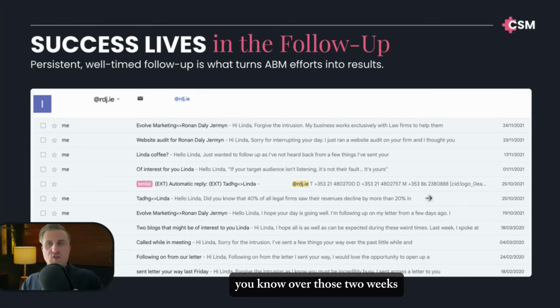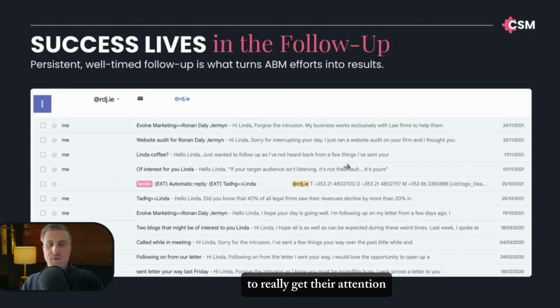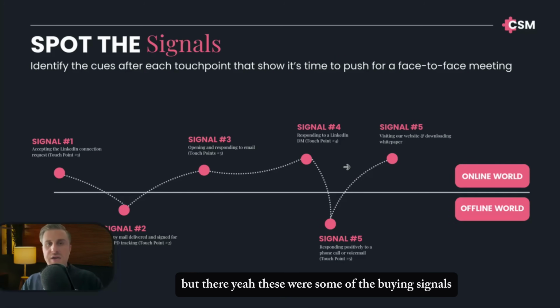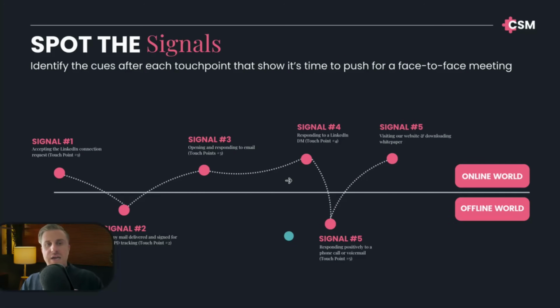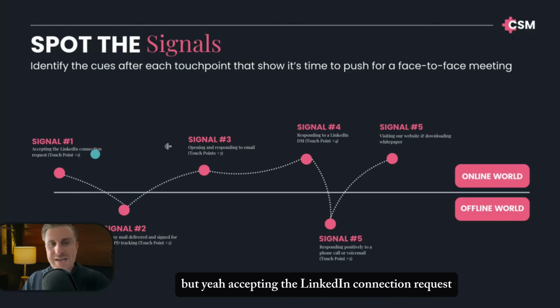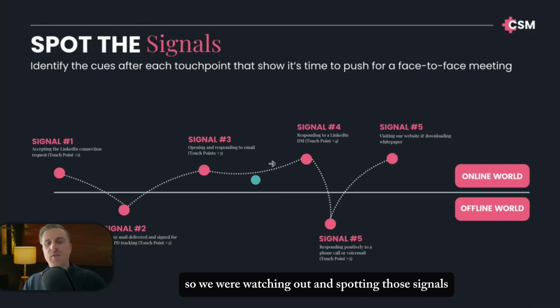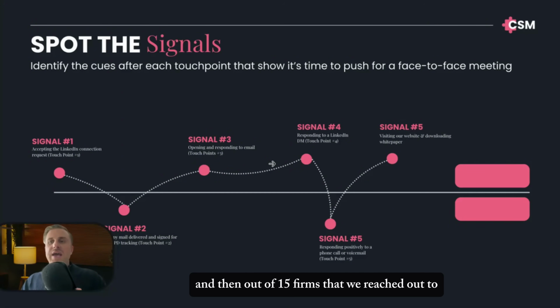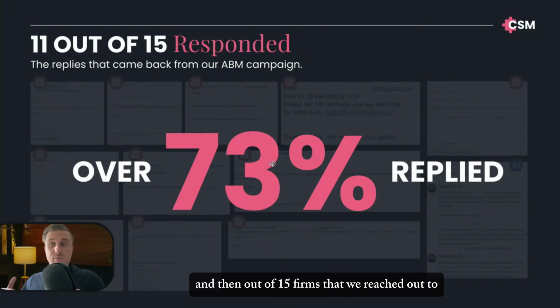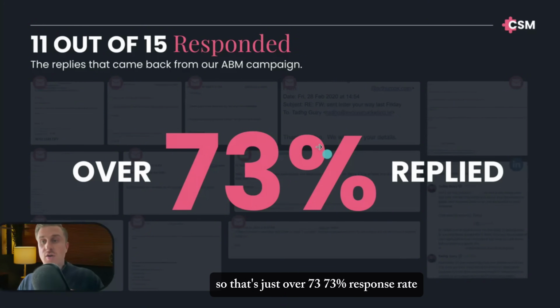So, over those 2 weeks, we didn't stop with just sending out a letter. As I said, there was a lot of follow-up as well to really get their attention. But these were some of the buying signals that we watched out for. This should be in a slide a little bit earlier. But accepting the LinkedIn connection request, the DPD signals, as I said, opening and responding. So we were watching out and spotting those signals. And then out of 15 firms that we targeted, 11 replied. So that's just over 73%